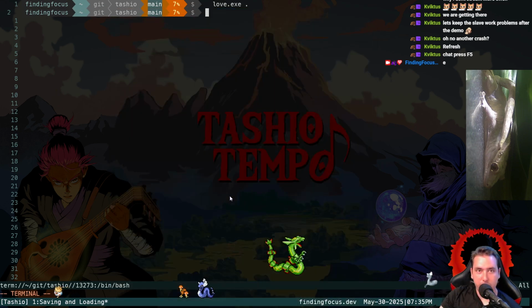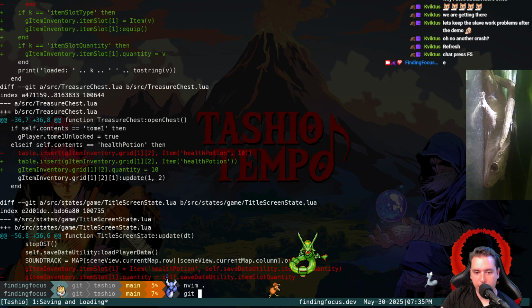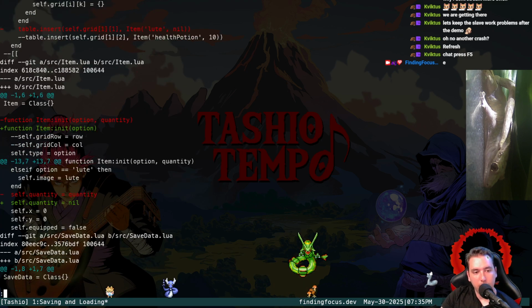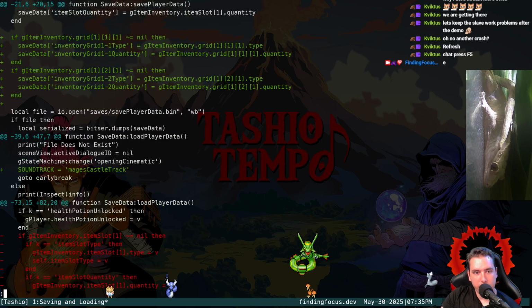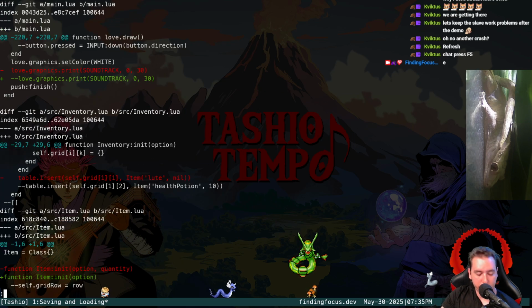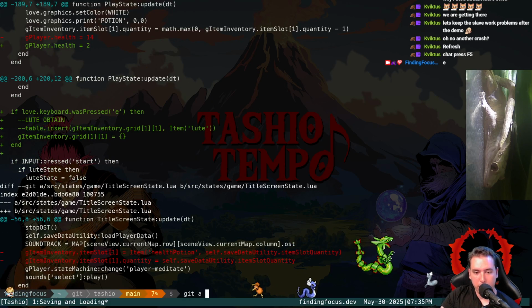Yeah, let's go. Actually, I think I want to commit now before we get too much further. We didn't do much, but we do save and load for the inventory system, which is very useful. So let's just say